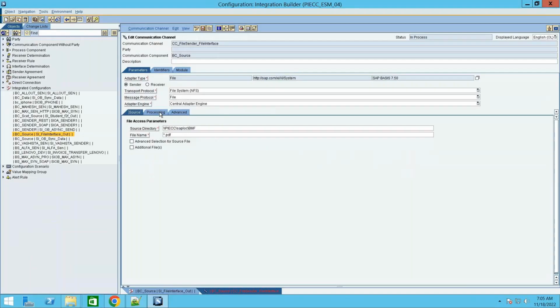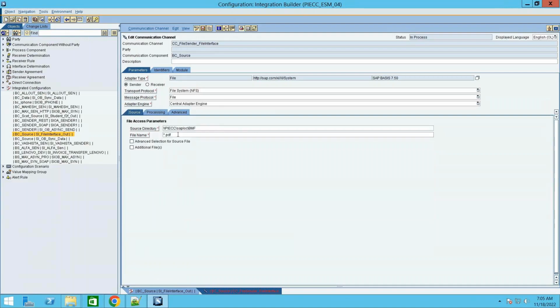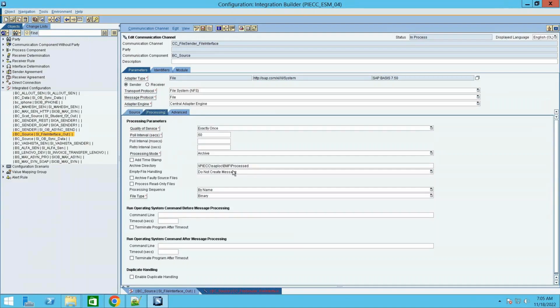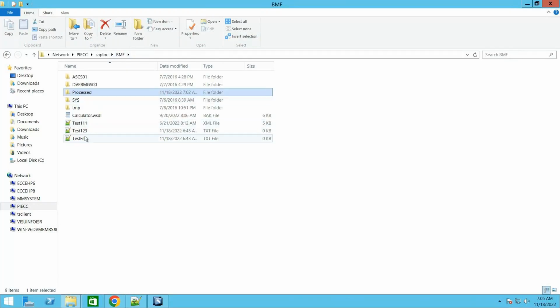When you select archive, you will provide this folder path here. So it will ask you for archive directory. So this is my archive directory path, which I should be using to move the files that are successfully processed by my channel. So that my test file will be moved to this folder